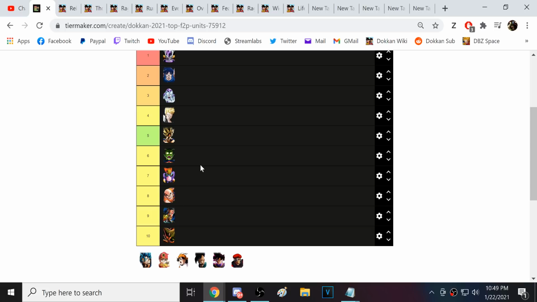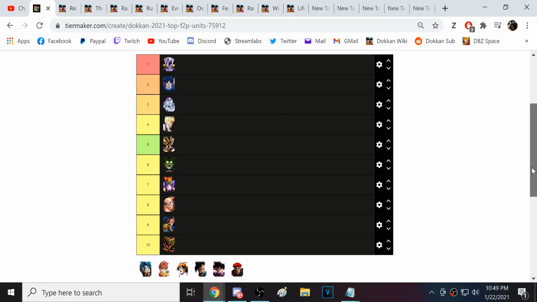I think I'm gonna leave it as is, but I will end this by saying Vegeta Blue, potentially at 8. I feel like maybe I could get Vegeta Blue up to 8 and push these units down. I do. But just for the sake of it, I'm going to leave Vegeta Blue off, but